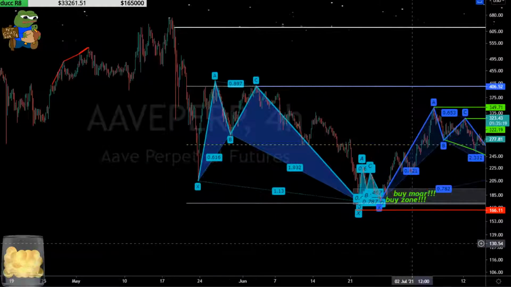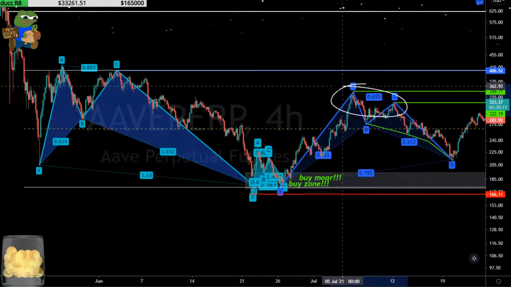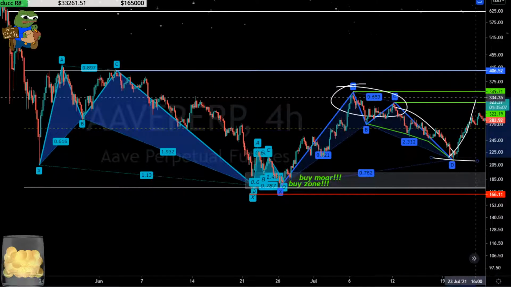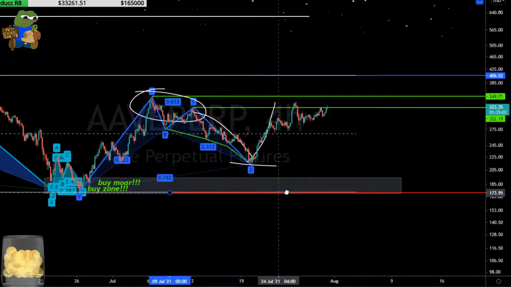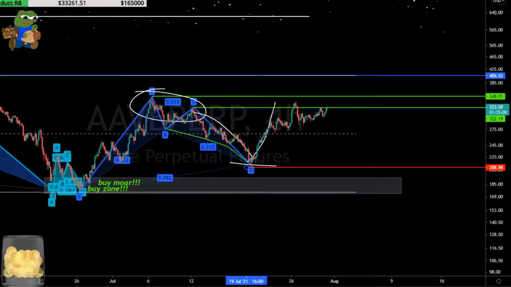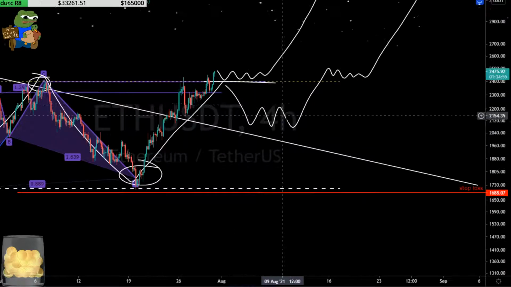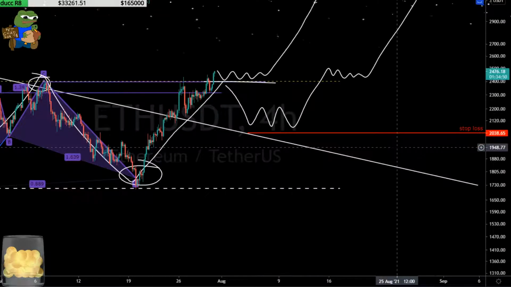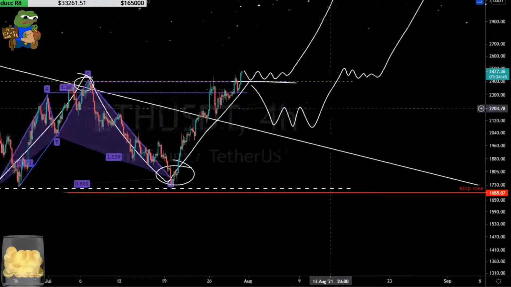So picture ETH is in what we're thinking. ETH is here, okay? So when ETH puts in this higher low here, and then rallies, that's what we're kind of waiting for. Don't know if we'll get it. That's when we move the stop up, okay? So let's go back and look at ETH. If we get this partial decline and then we get the rally, that's when we'll move the stop to here, wherever that ends up rallying off of, okay? Make sense? Okay.